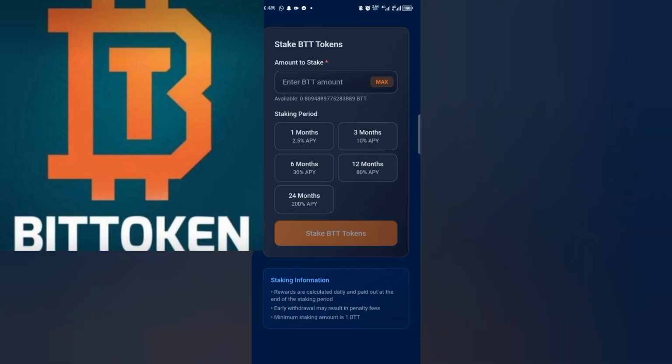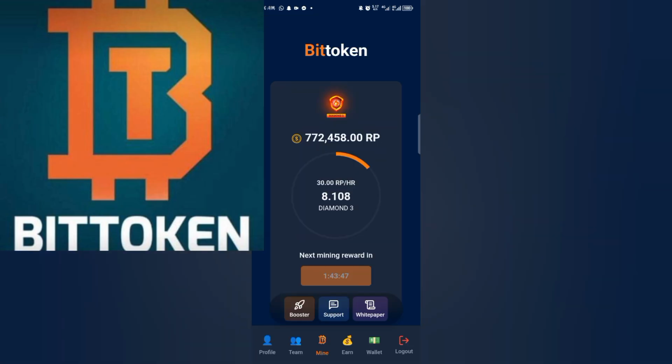So this is all you have to know about staking on this platform. I will advise you to go ahead and stake your BTT, because it's going to give you a lot of earnings. It's going to give you more. This platform has beautiful features ahead. So staking your BTT is the best choice you will ever take. Imagine, just 3 months, I'm having 10 BTT, and obviously it's going to give me a lot of money as of then. So please make your right choice.